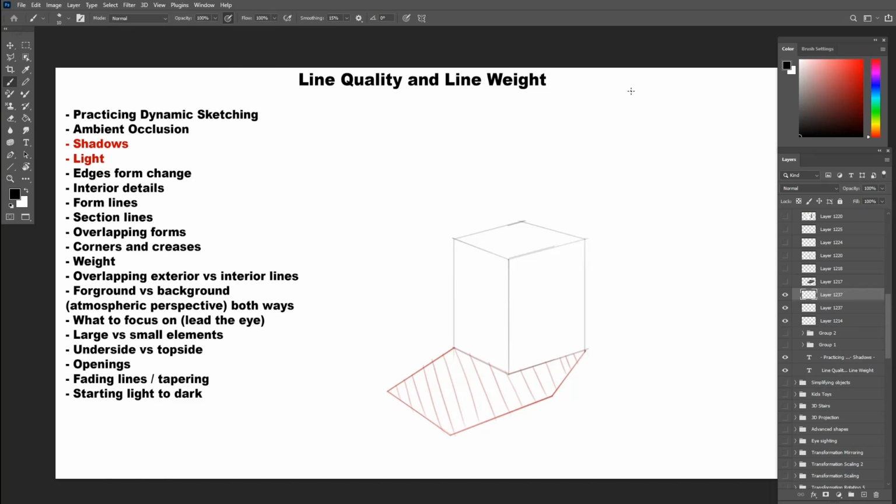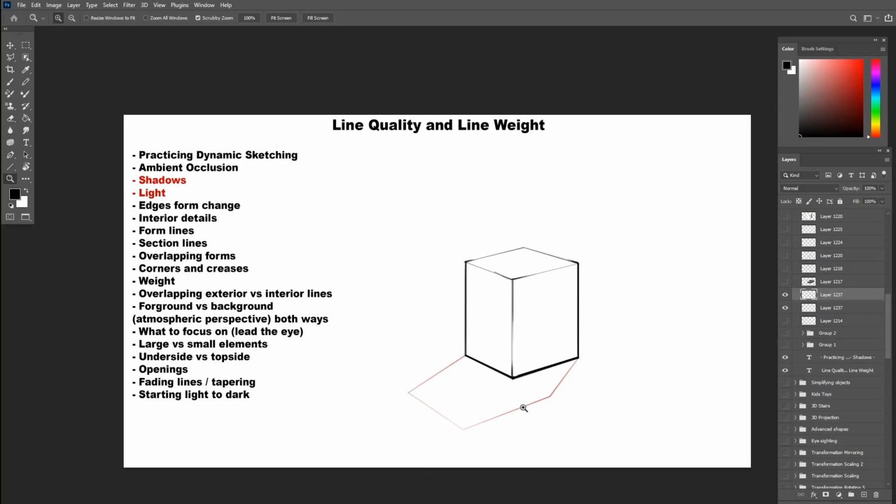We have this box, for example, being hit by the light from the back side, casting the shadow in the front. So you'll have the previous ambient occlusion in the bottom, which will be the thickest. Then we have three edges in the shadow, and the light top edge being hit by the light. So the vertical edges that are in the shadow will be dark, and the top one will be lighter. But not all light and dark edges will be the same. Interior light edges will be lighter than the exterior ones, and the same for the shadow areas, something we will talk about again later. But for now, shadow edges will have darker lines than the lighter edges.